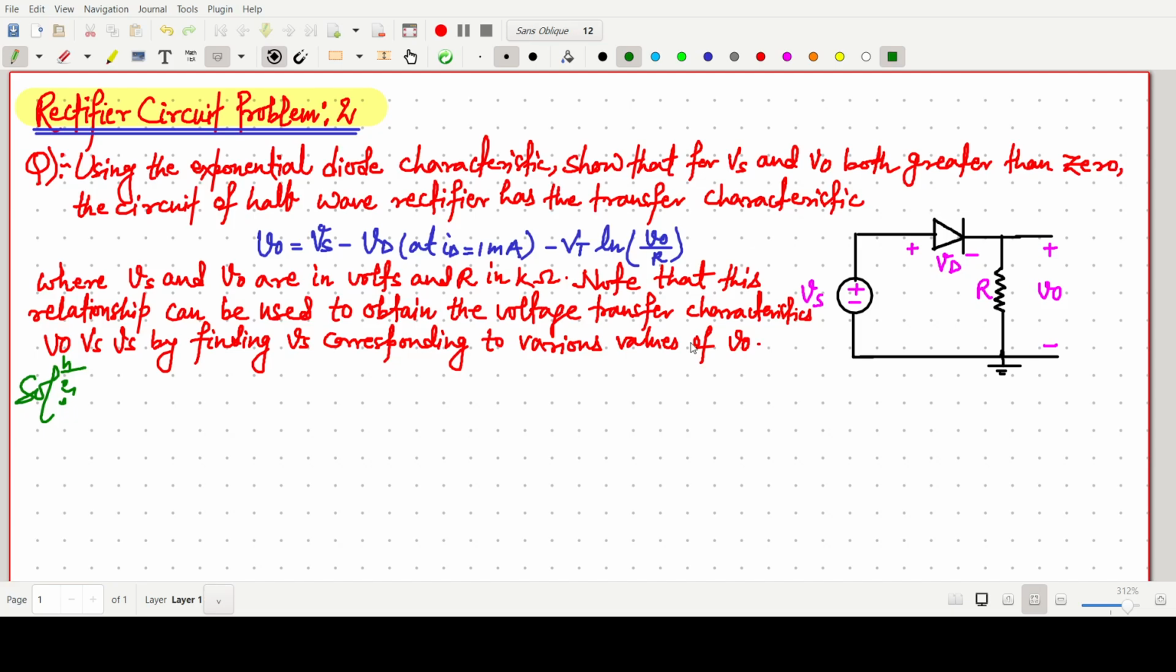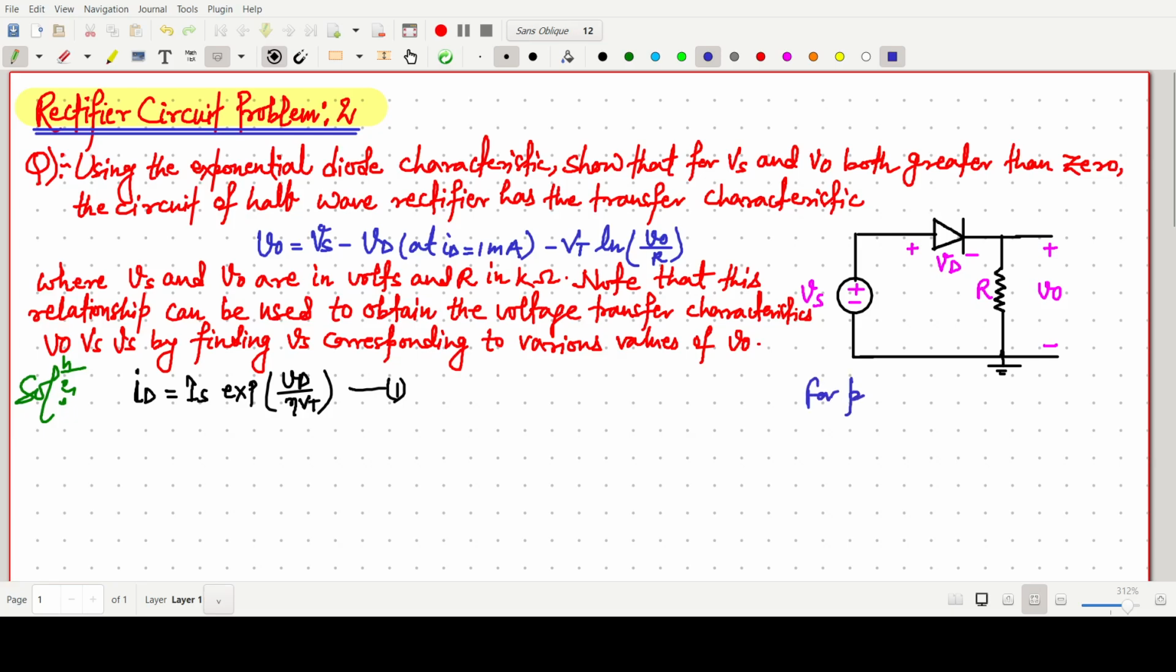So basically, first of all, we have to think in this question using the exponential diode characteristics. Exponential diode characteristic means we have to use the expression Id equals Is exp Vd by eta Vt. Say I am calling this equation 1, and this is for the half wave rectifier, which is already shown here. Vs is the supply. For the positive half cycle,